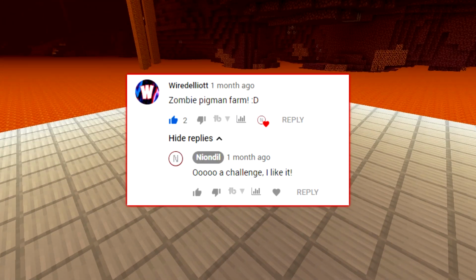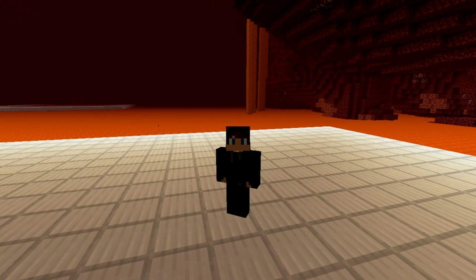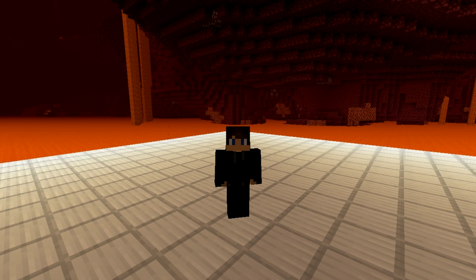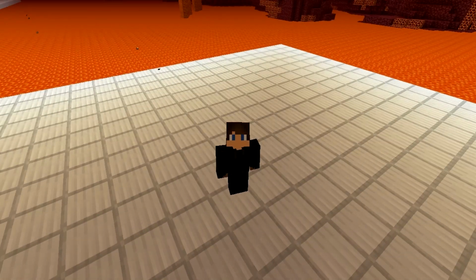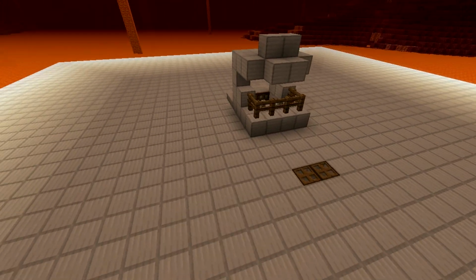As requested, I am doing a Zombie Pigman farm, and I know there's 1,000 other designs out there that are way more complex than the one I'm about to show you, but that's kind of the point. This one's supposed to be simple for someone who just wants a steady supply of gold to do some powered rails or golden apples or something that's not gonna spend an hour or two working on a massive above bedrock Nether Zombie Pigman farm. So while this one's not going to be near as efficient, it is quite tiny and